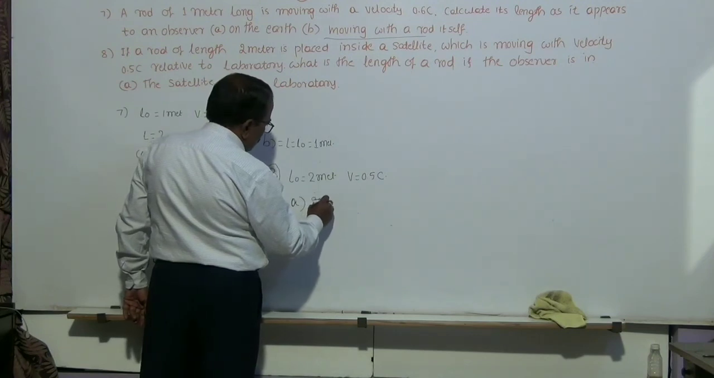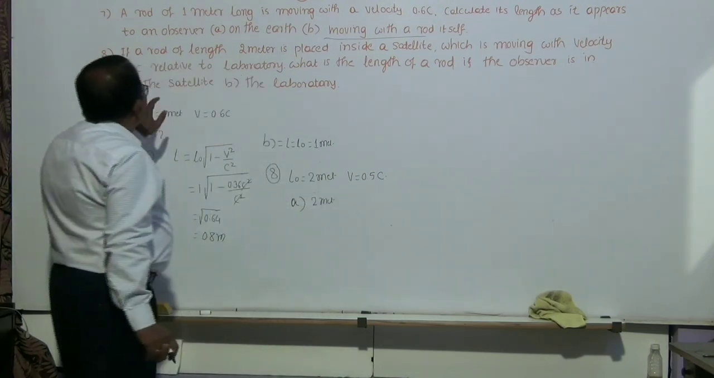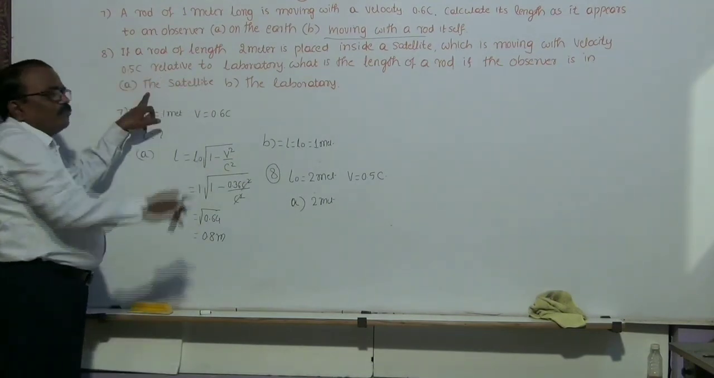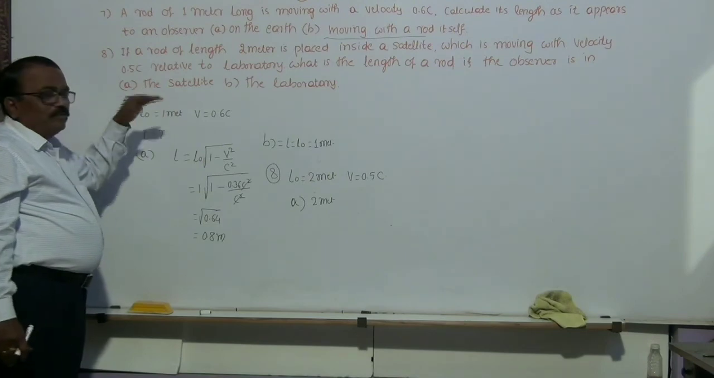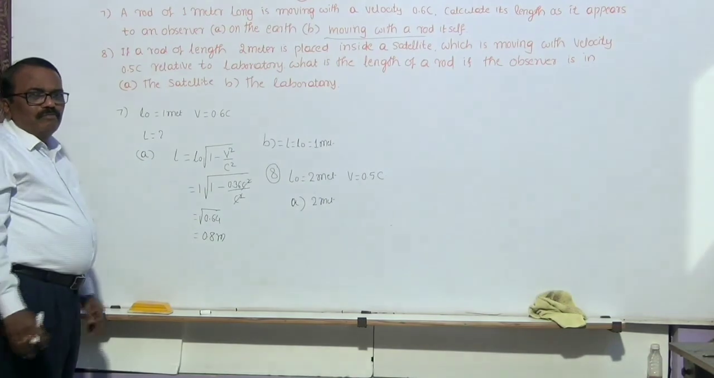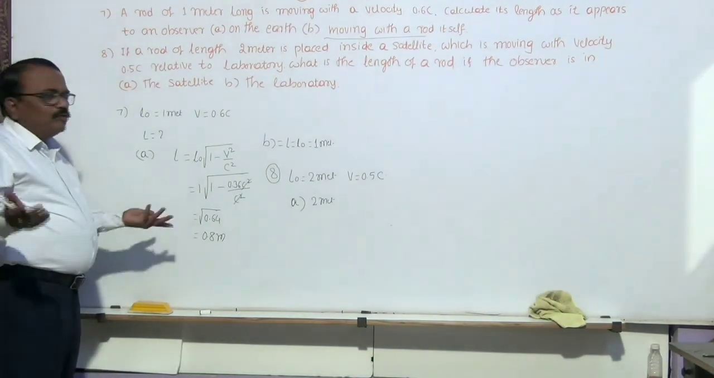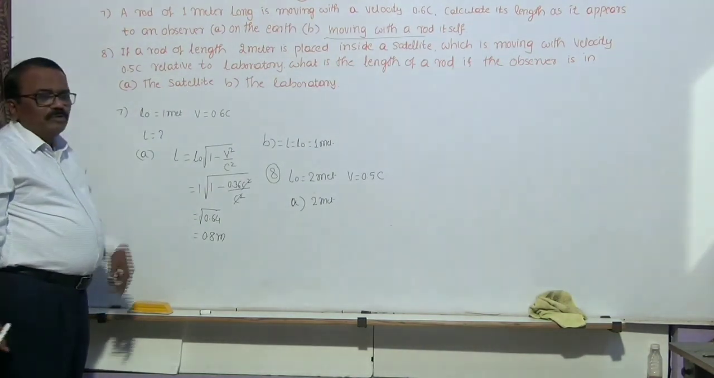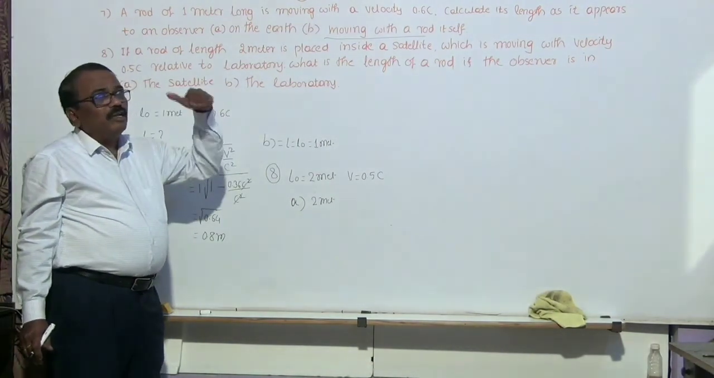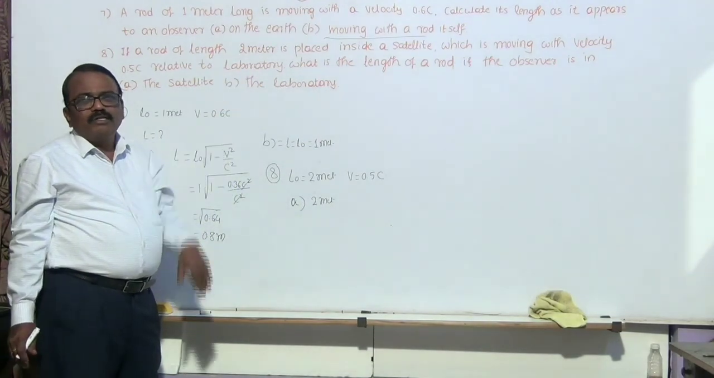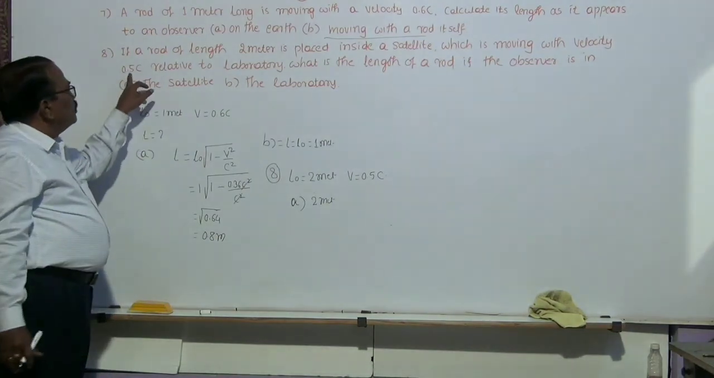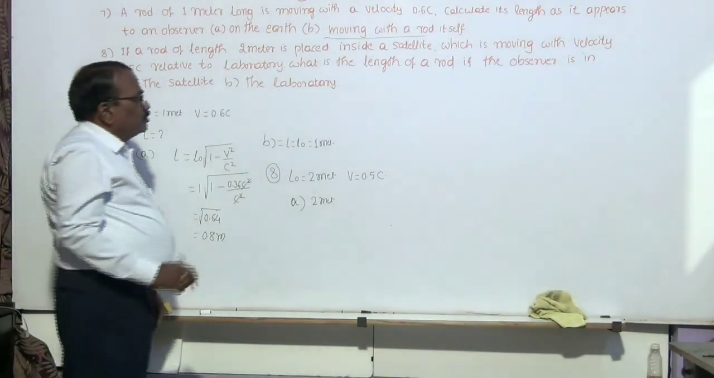Why it is 2 meter? Because the satellite is moving with velocity of 0.5 c and the observer is in the satellite. Both of them are in the same frame of reference. No change in the length of the rod is observed. Then in the laboratory, means satellite is one frame of reference, laboratory is another frame of reference. Satellite is moving with a relative speed of 0.5 c. So B,